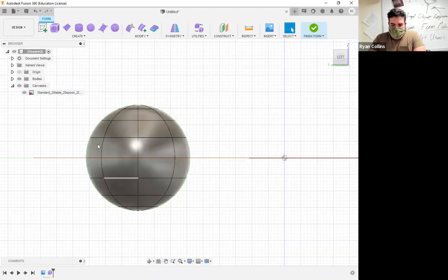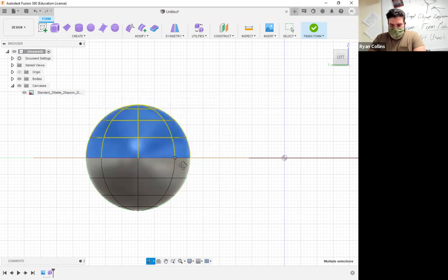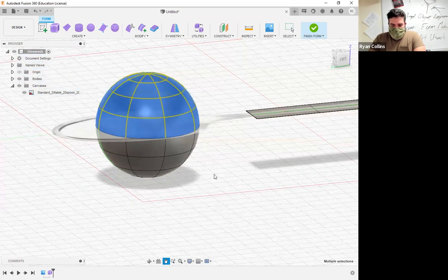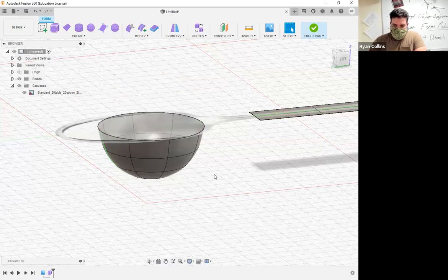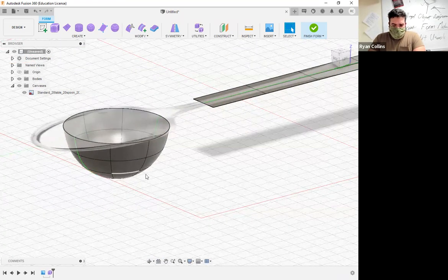Now, what I want to do outright, I want to get rid of some faces. I'm going to work on the bowl first. I'm going to select those faces, and I'm just going to delete them. I only wanted the hemisphere, half of it. Now, outright, you're going to ask, well, wait, this is only technically like a plane's width thick. That is perfectly fine. We are going to use one of the other tools later, the Thicken tool, to exactly